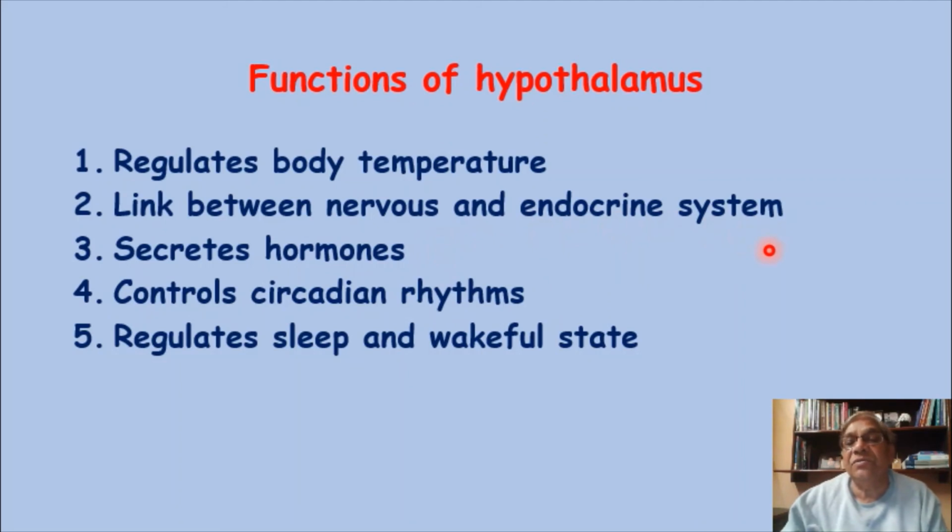Then it secretes hormones, from the supraoptic and paraventricular nuclei, oxytocin and ADH. Then it controls the circadian rhythm, the day and night cycle, and regulates the sleep and wakeful state. Ultimately there are so many functions of the hypothalamus, of different varieties, so it is one of the important, major ganglia of the autonomic